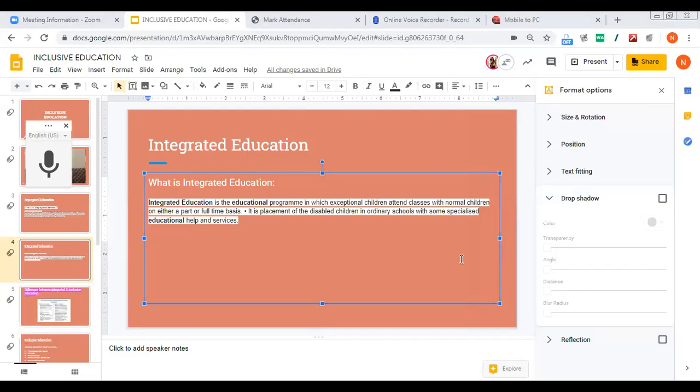Somebody had asked you about the drop shadow. It's actually a visual effect. It gives the impression that the object is raised above. If I want to highlight some object, like a 3D, it would be important. It's not something that we can ignore, I don't know, if I'm doing a presentation.